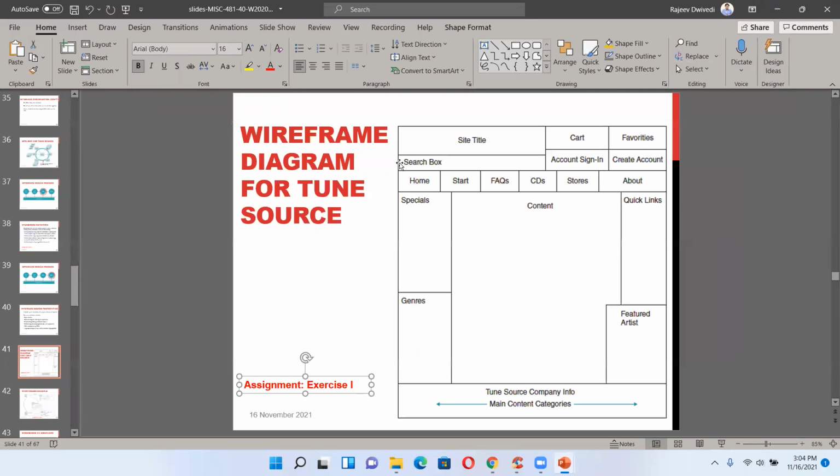So here: site title, cart, favorite, like we were looking at in Amazon, search box, account, sign in, create account, home, start, frequently asked, CDs, stores. So this is the wireframe diagram for TuneSource.